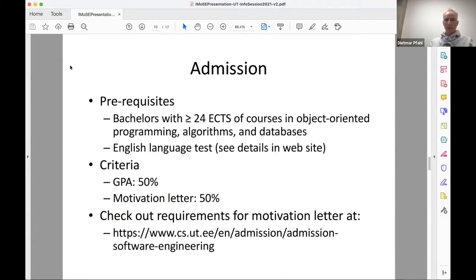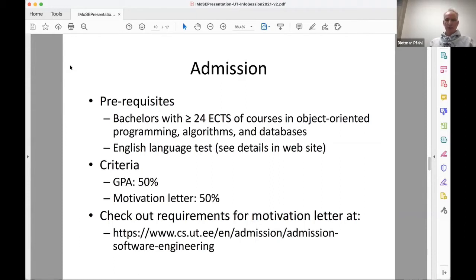What is a must is that you must know very well one of the major object-oriented programming languages. We mainly use Java here, but we also use other programming languages. So if you are strong in C++, for example, it shouldn't be a problem for you. We anyways expect from our students that they are able to learn a new programming language on their own as a master student.